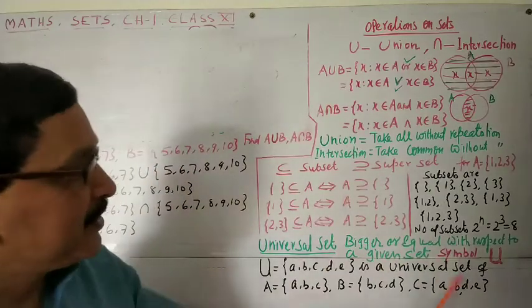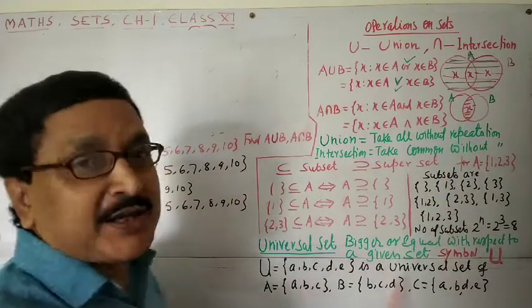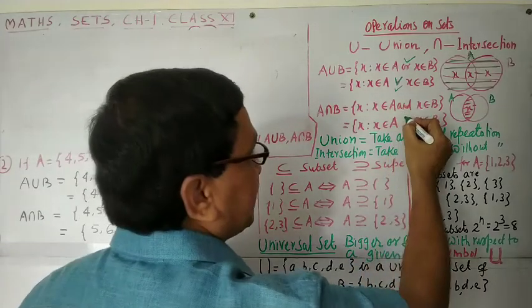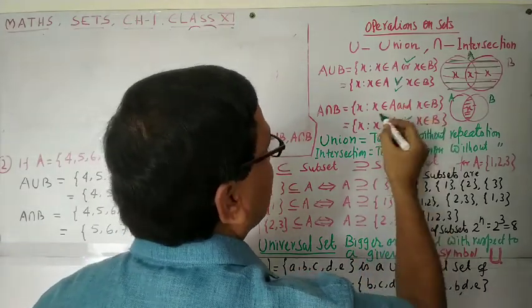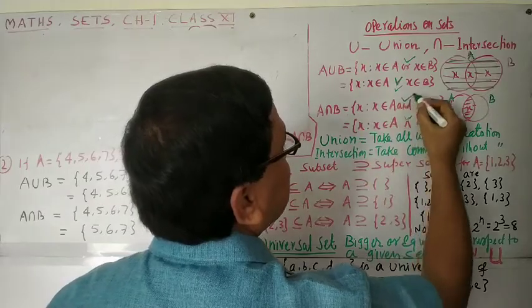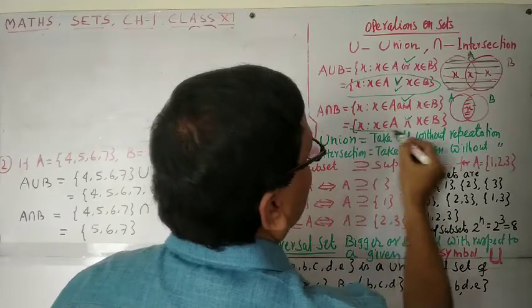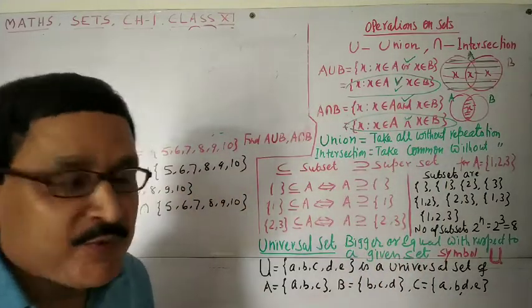A and B, this is called intersection. In the case of intersection, we use 'and'. 'And' is sometimes symbolized by this. But in your book, this symbol for 'and' is popular, and this one for 'or' is popular. These other two symbols are not popular in the book, but somewhere you may find them.